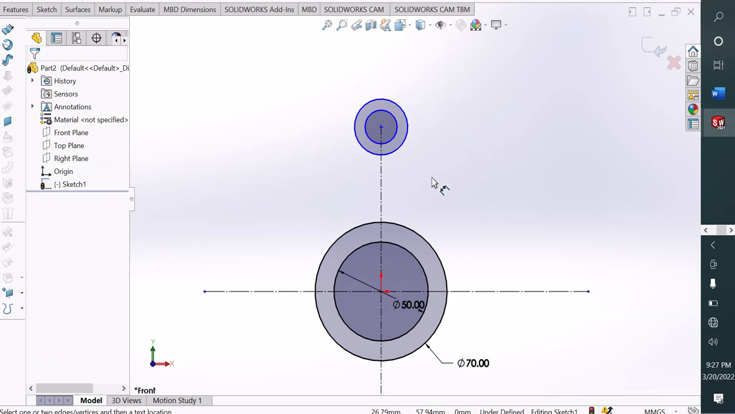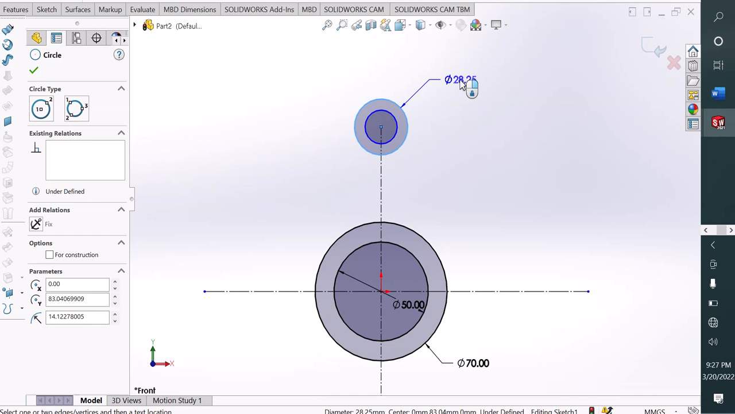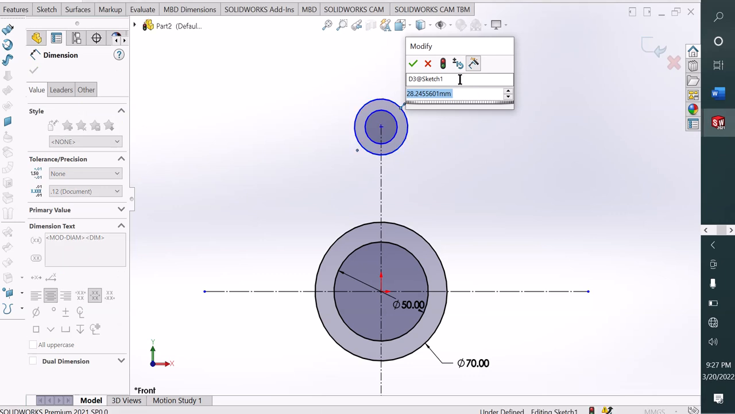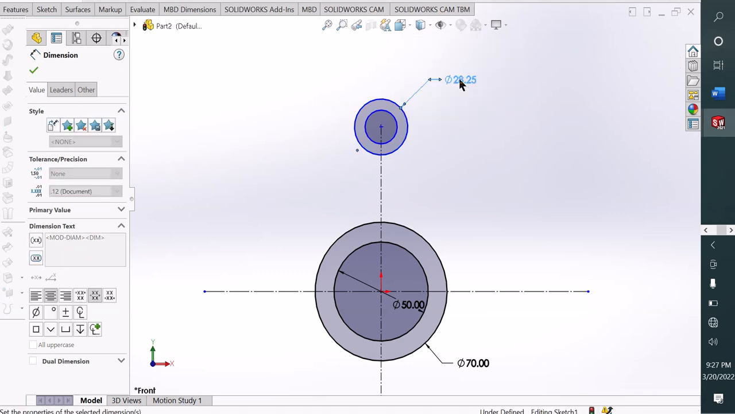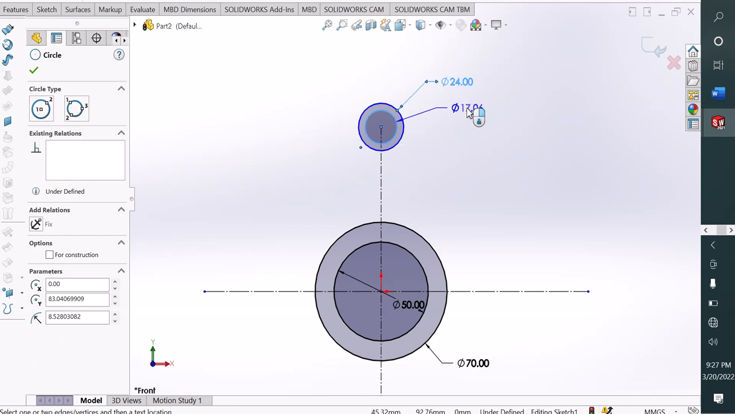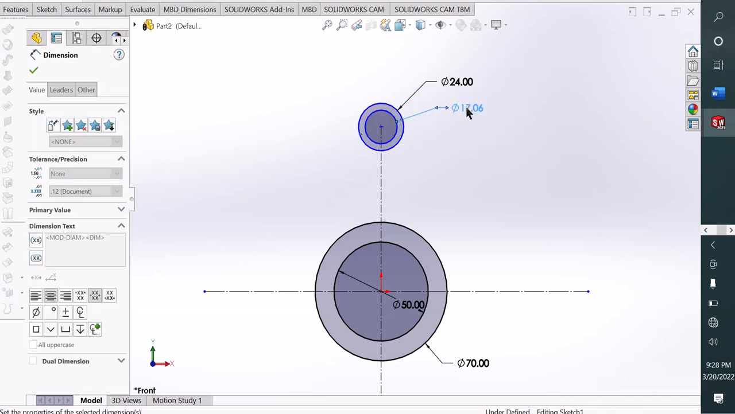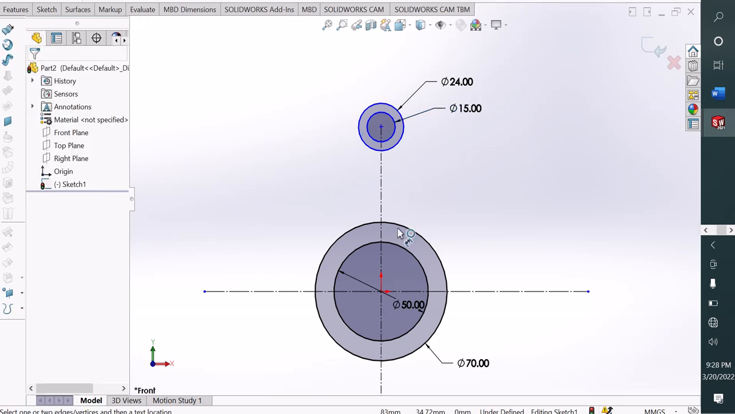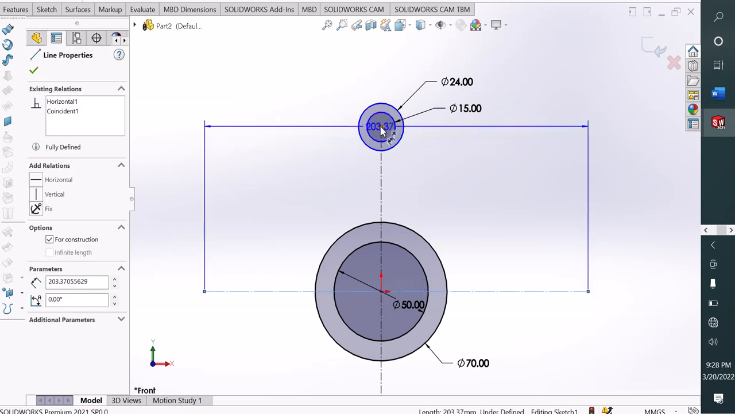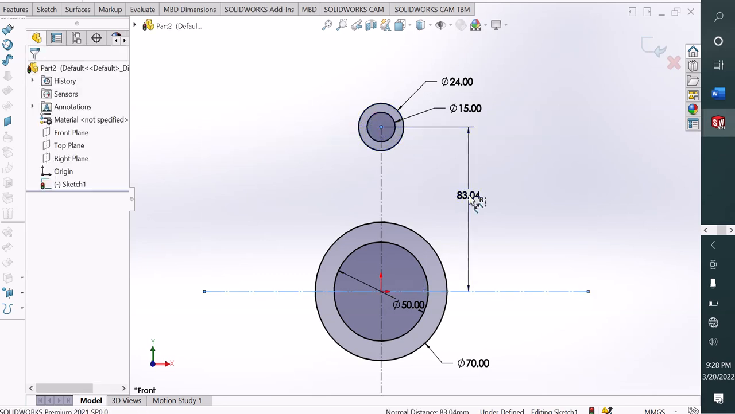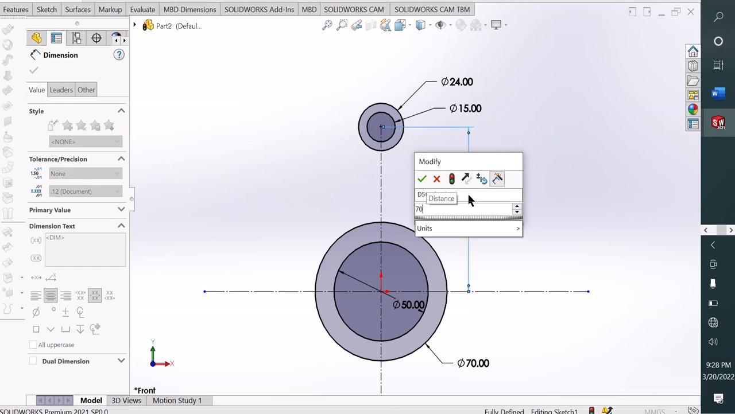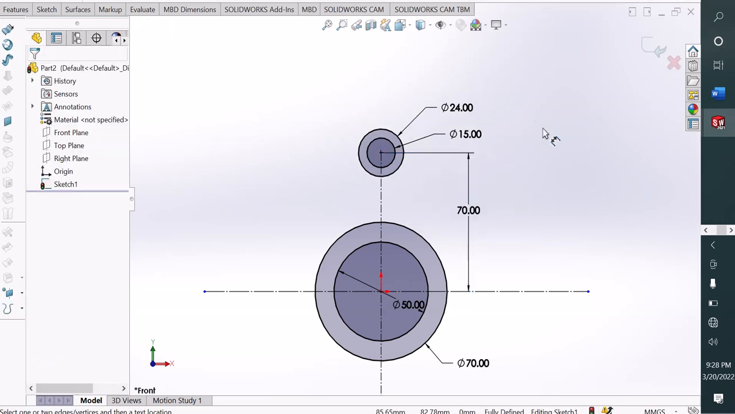And this here outer diameter 24 millimeter. Okay, and inner one 15 millimeter. Horizontal to this point distance 70 millimeter. Okay,